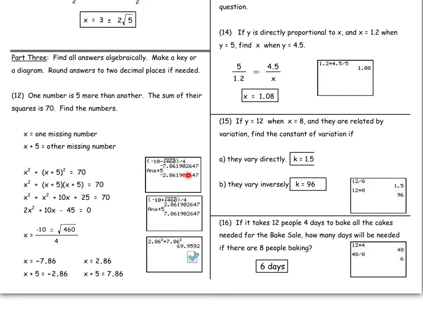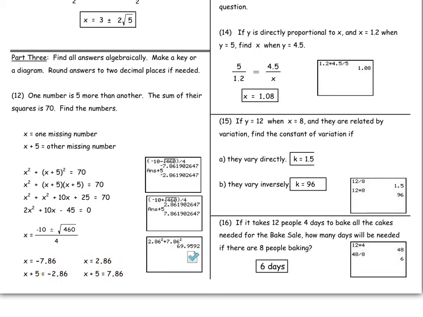So I got the answer to the quadratic formula, and then I added 5 in order to get the second number. So over here I have negative 7.86 with negative 2.86. Then I changed it to the plus version, and I got 2.86, and when I added 5, I got 7.86. So I had 2 negative answers and 2 positive answers, and we know that when we square numbers, negatives and